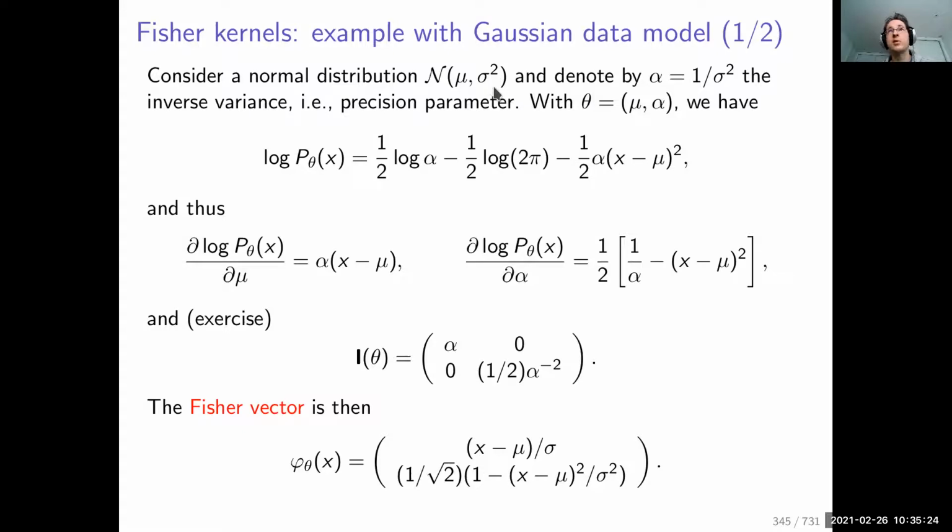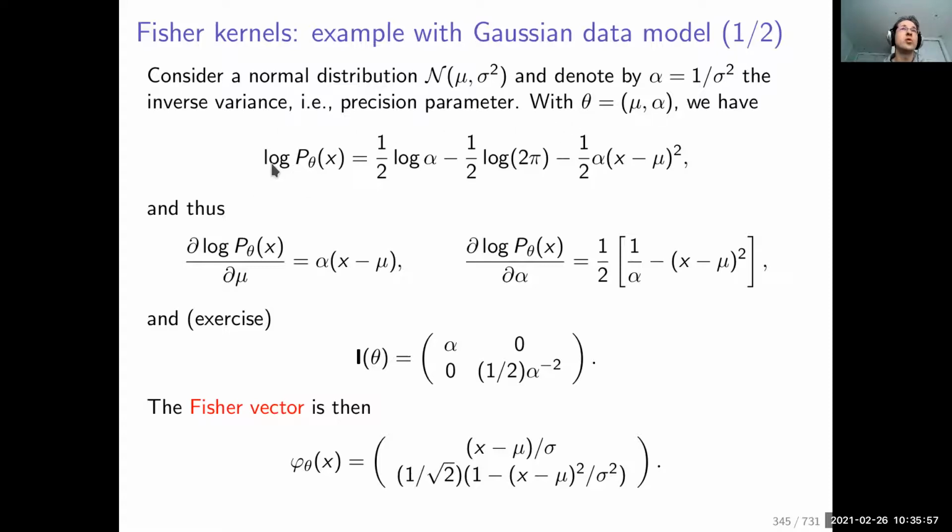sigma squared the variance. And it turns out that since we know that we are invariant by a reparametrization, we are going simply to consider, instead of sigma squared, something which is called a precision parameter, which is 1 over sigma squared, and we call it alpha. And why do we do that? Simply because the computation will be easier. So then what are the model parameters? They are mu and alpha. So this gives us this set theta of parameters.